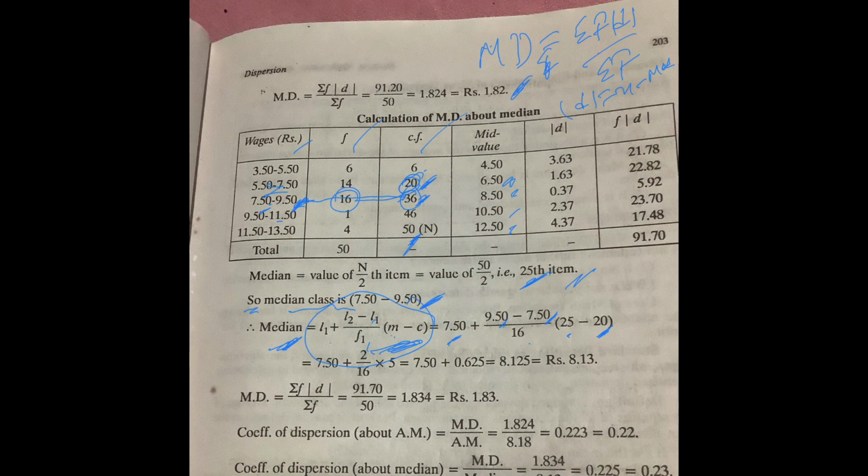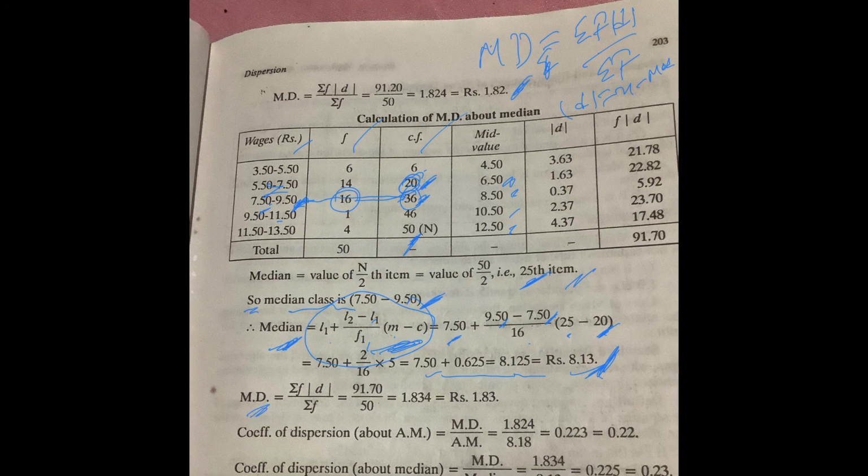So that is C. So C is this. In that way, when you cut these things, straight away you can cut. It will come to rupees 8.13. This is your median. Now